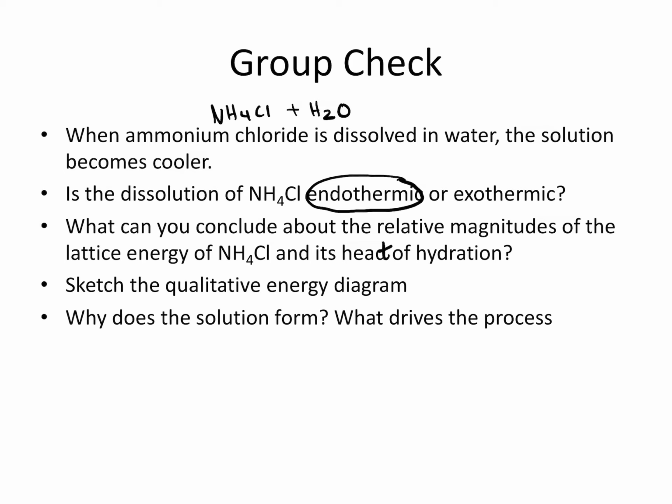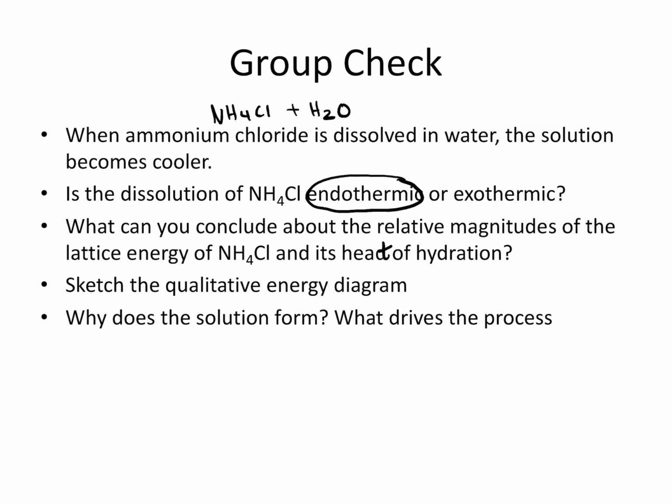What can you conclude about the relative magnitudes of the lattice energy of ammonium chloride and its heat of hydration? So the dissolution is the process where solvent molecules break into ionic compound particles. Lattice energy is the amount of energy released when gaseous ions combine and form 1 mole of the ionic compound crystal. Hydration energy is the amount of energy released when 1 mole of the ionic compound is dissolved in its ions and surrounded by water. So